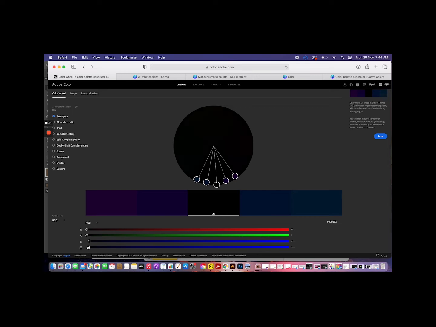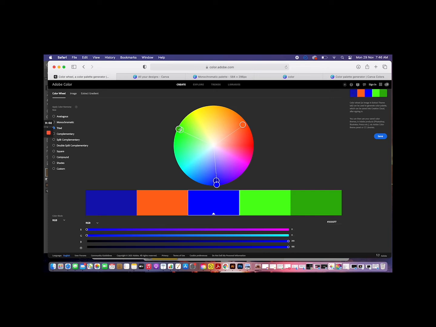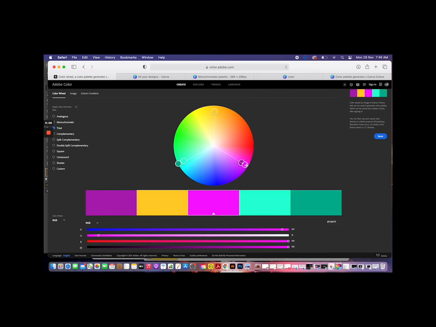If you notice, as long as these sliders move, its darkness or lightness is actually decided. Now, since we are again at the analogous colors, now if I suddenly want to make them a triad, it is automatically selecting colors that are opposite. So I want my basic colors to be selected, which is my yellow, then reds, and then blues.